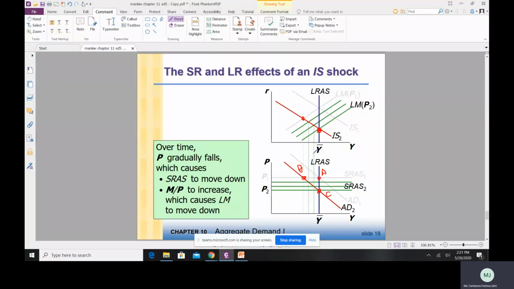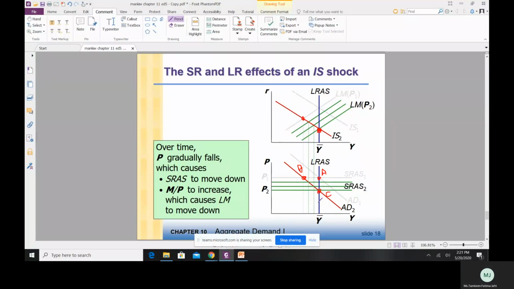अगर आप मुझसे पूछे कि prices को क्या होगा in the short run and the long run, so I can answer that question using the information in the lower panel. So the lower panel tells me that because of the negative IS shock, in the short run prices remain sticky, but over time, because the LM curve is shifting rightwards, this will gradually result in a decrease in price level until I'm back at C. So in the long run, prices are down from P1 to P2, but the output level is back to Y bar. Okay.